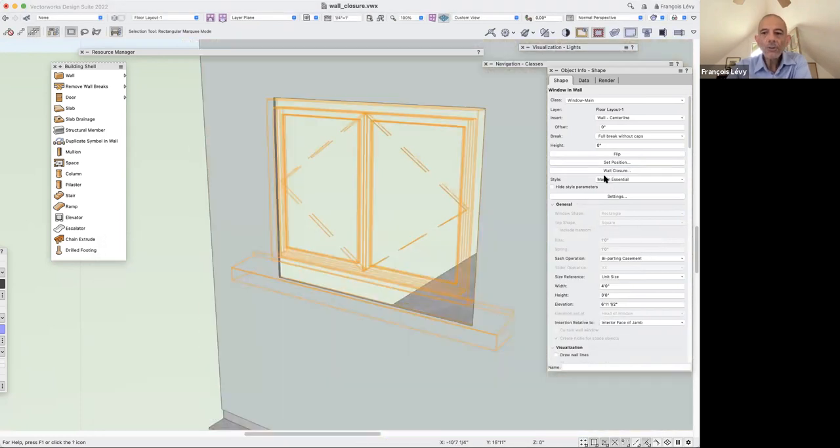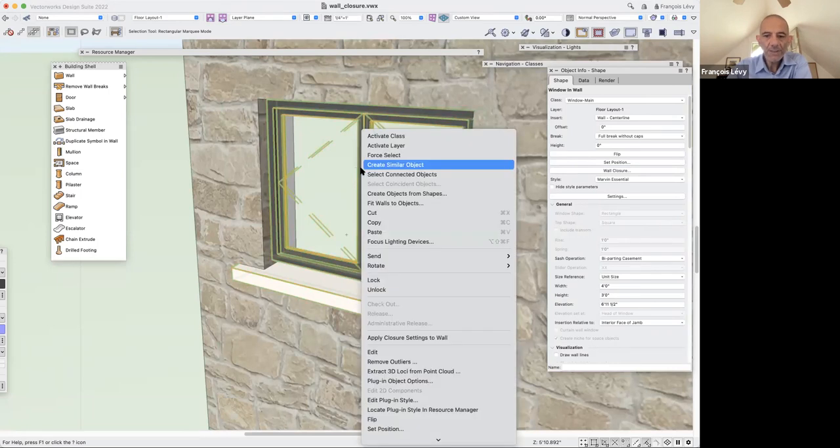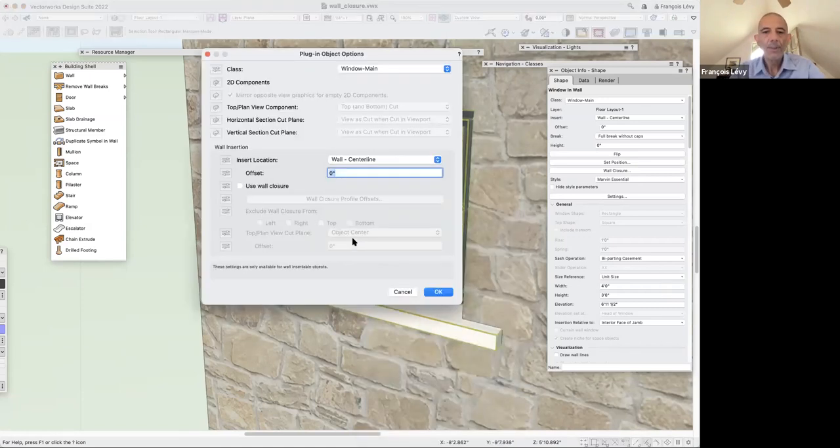For wall closure to work at all, you're going to need to right-click on the object if it's just a regular plugin object. And when you right-click on the object, you see that there, way down here is a plugin object options. And that's been there all along, right? And that gives you things like the class that this is assigned to, and certain other options, which are grayed out by default because